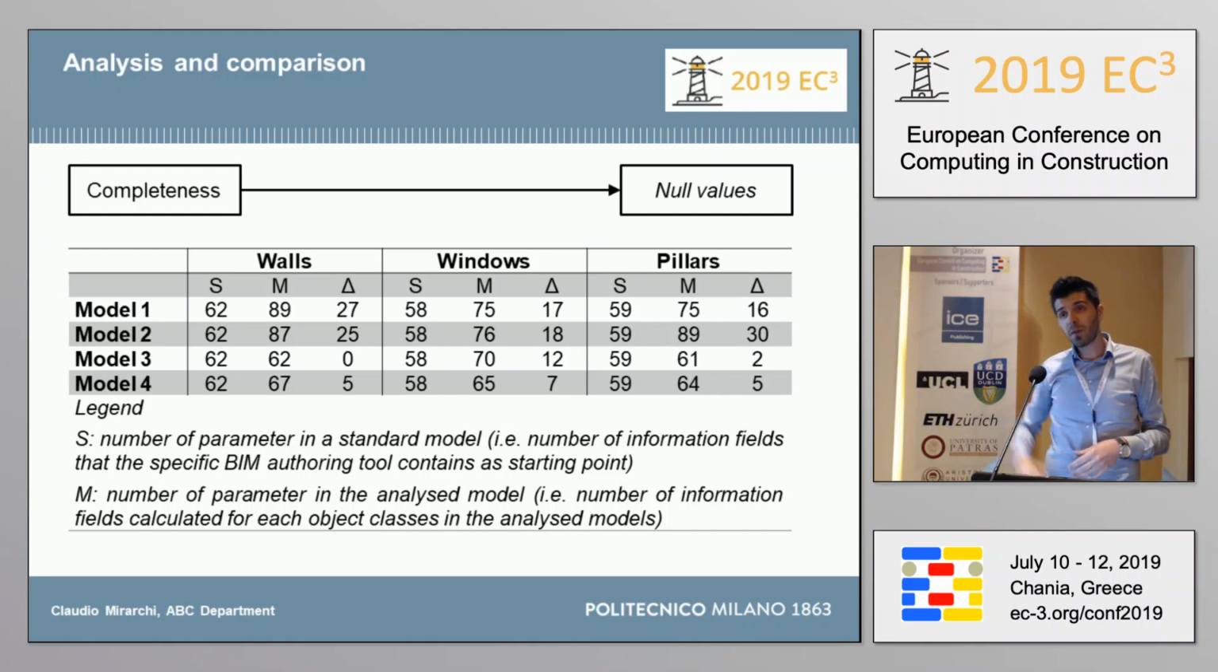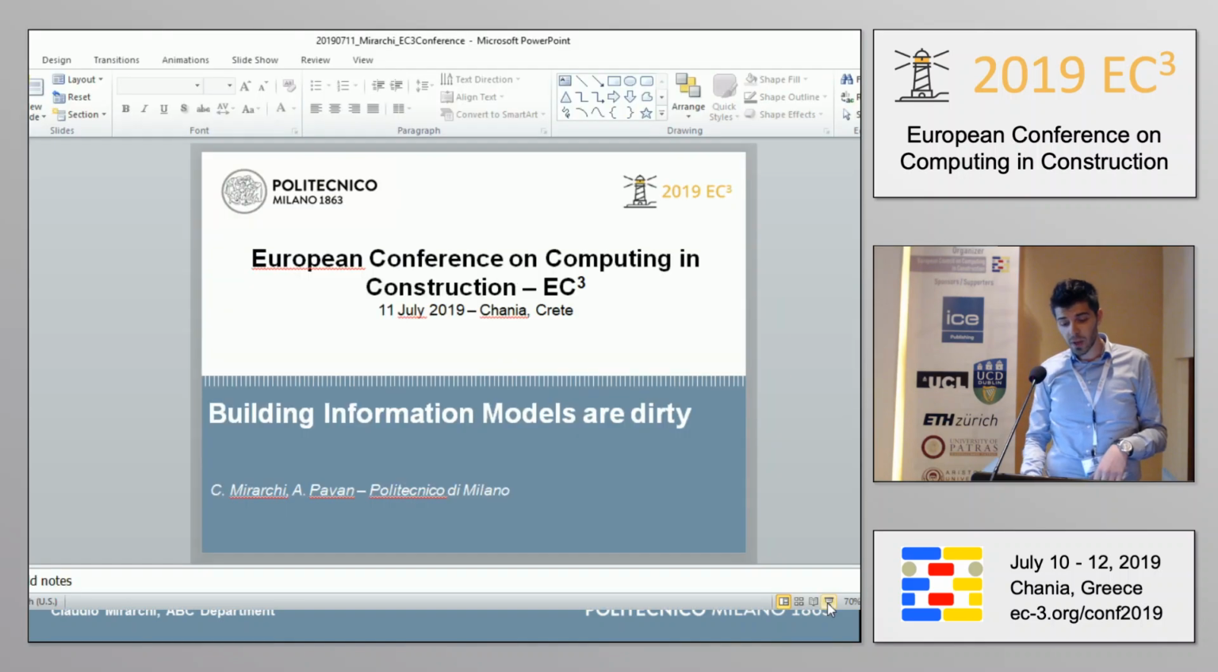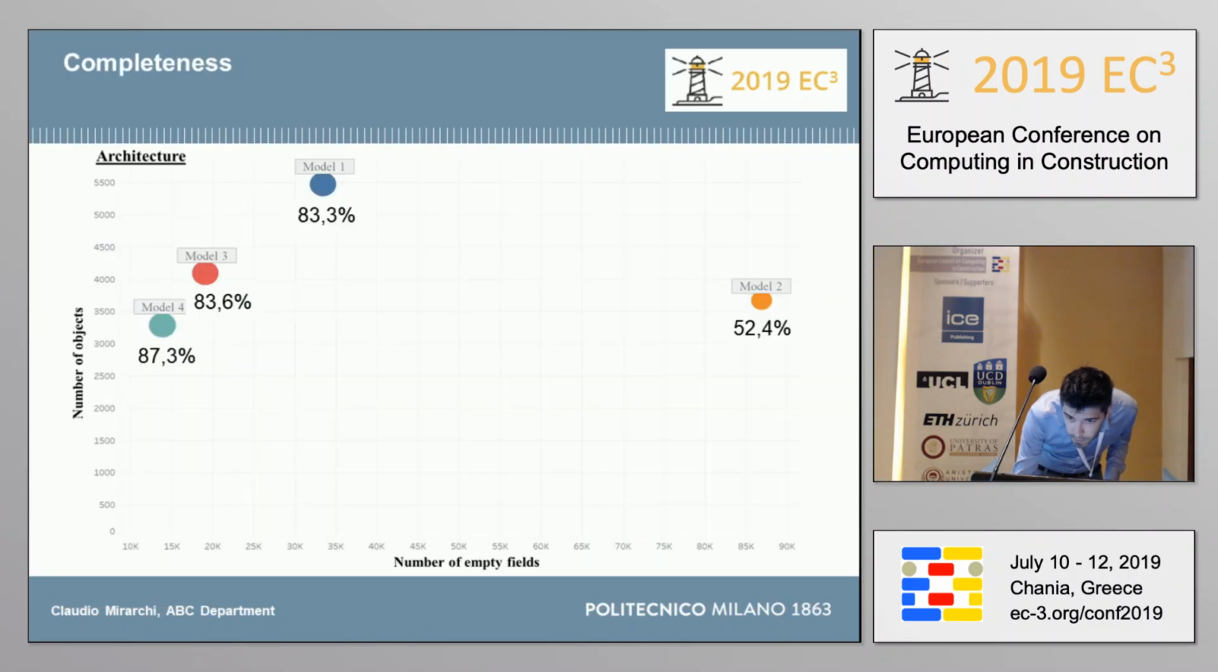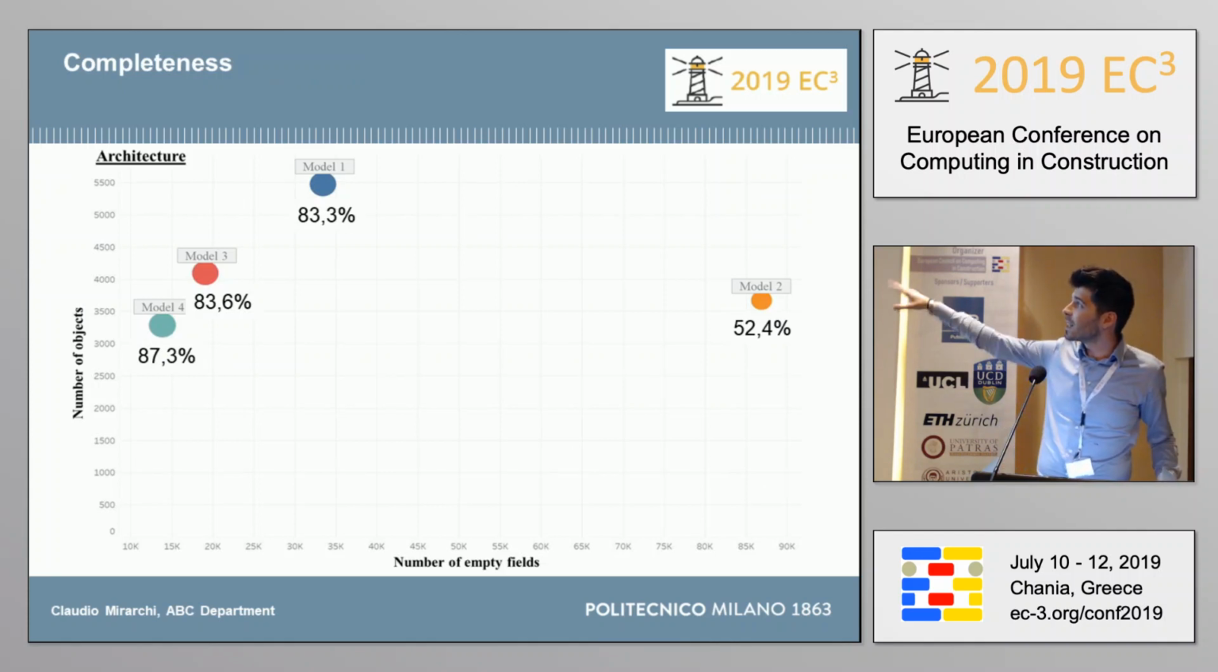And what we found at the end is that if we, what's happened? Let me come back. This one, okay. Go back. Yes. Okay. If we look at the percentage of empty fields that we have, for example, Model 2 has 52.4%